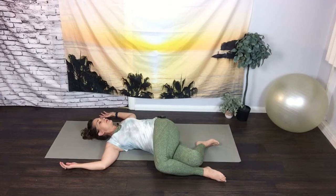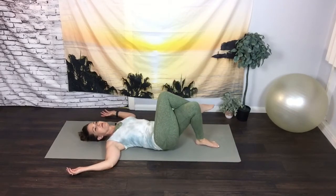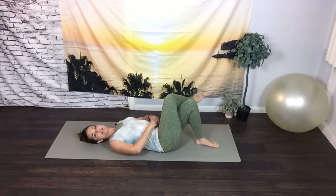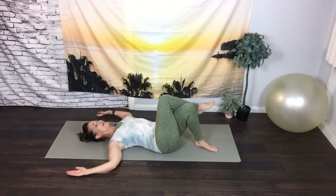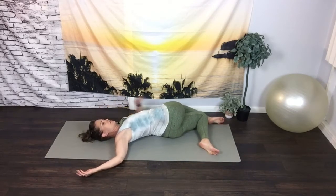Just holding. Back to center. Great. Let's switch. Right leg over left. Okay. Squaring off the hips. That means hips in a straight line. You're going to inhale, exhale, go over to the other direction, inside, toward the floor, pushing your hip toward the